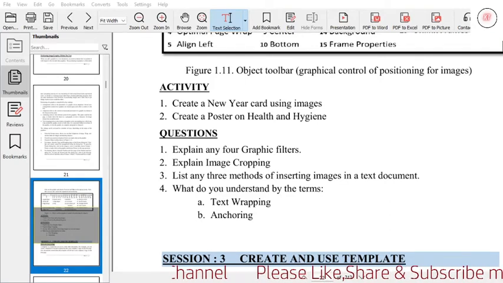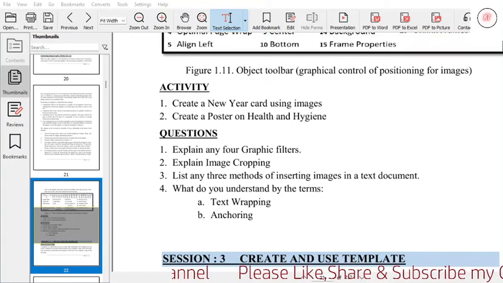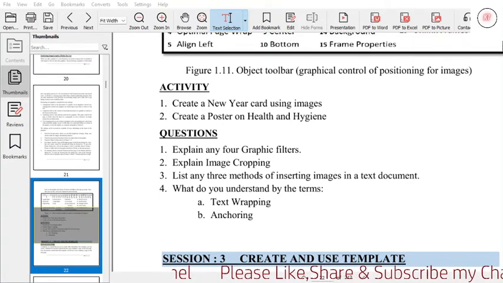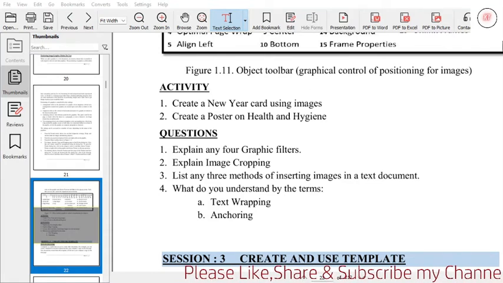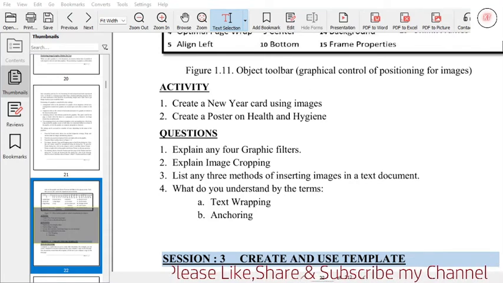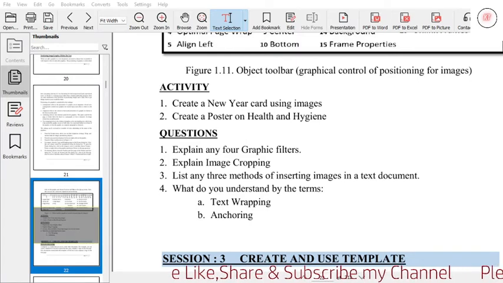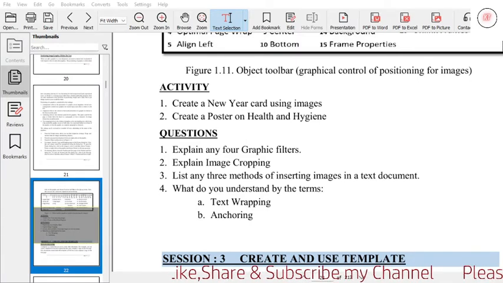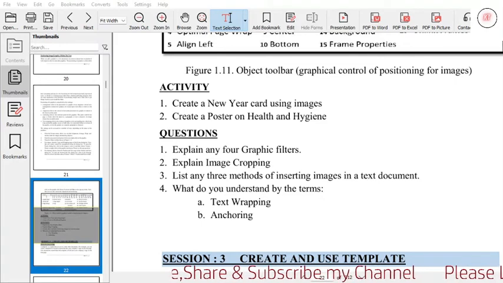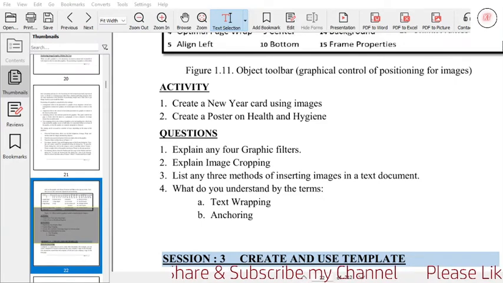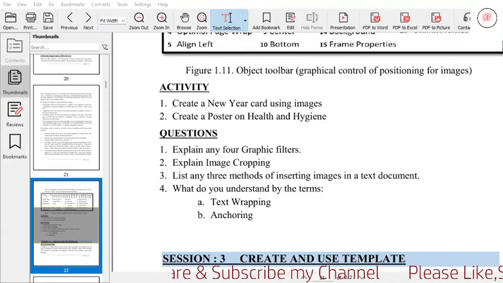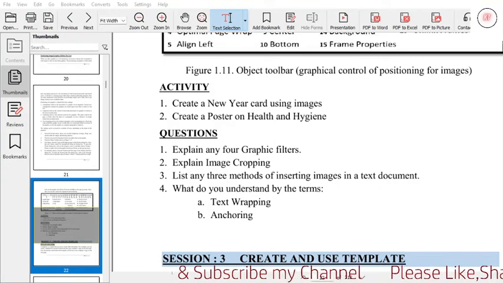Next, fourth one is text wrapping. Text wrap refers to the relation of graphics to the surrounding text, which may wrap around the graphics on one or both sides, be overprinted behind or in front of the graphics, or treat the graphic as a separate character.